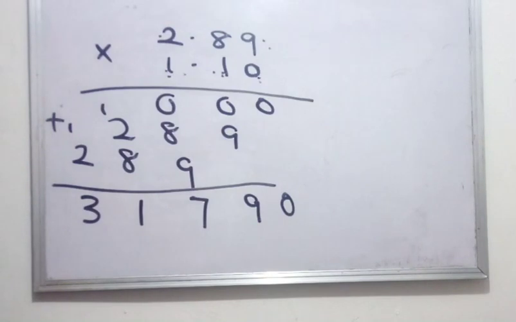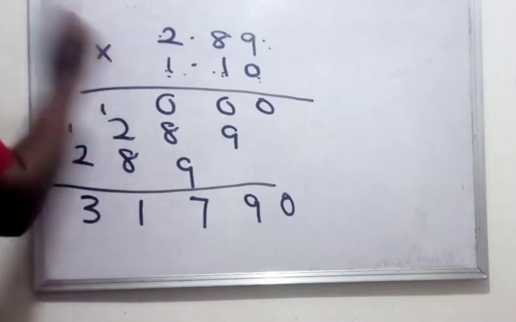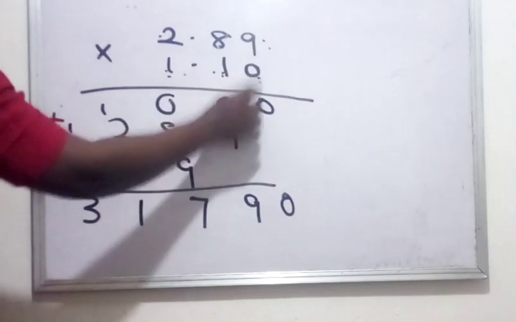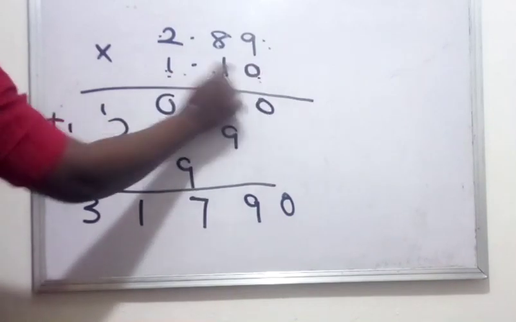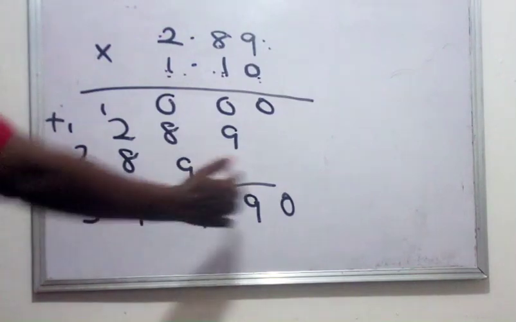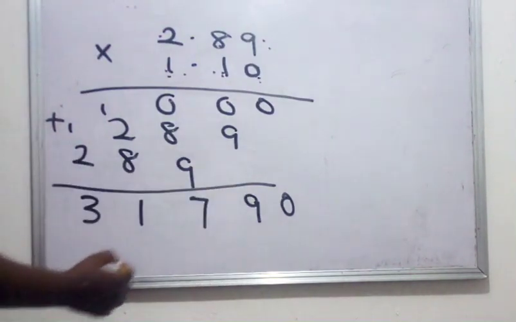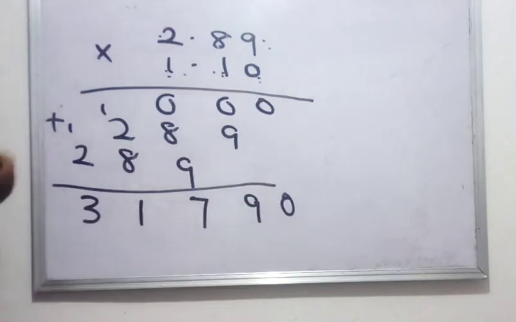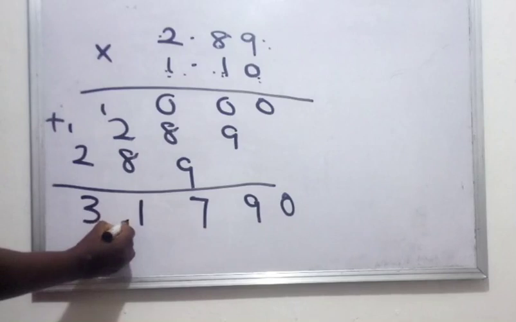So how do we place the decimal point in the right place? Go back to the question and check. This is two decimal places, 1, 2, and this is two decimal places, 1, 2. That makes it 4 decimal places. So let's count from right to left, 4 decimal places. We have 1, 2, 3, 4. So our final answer becomes